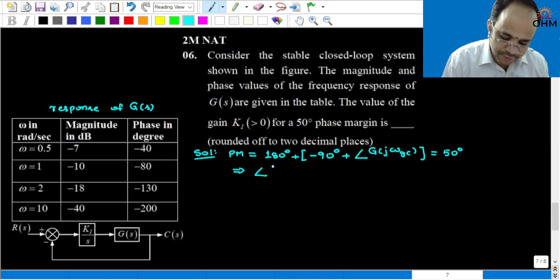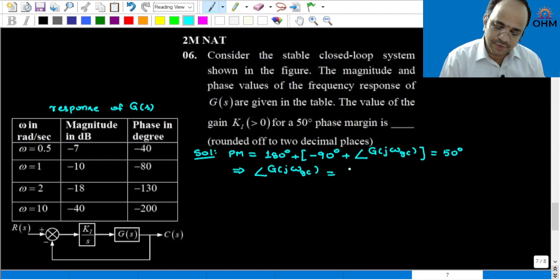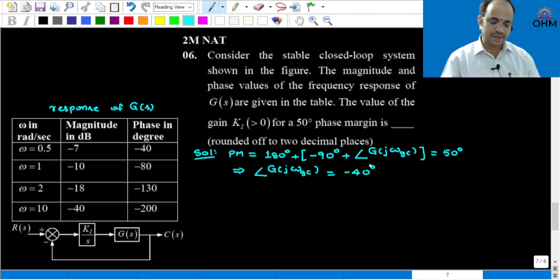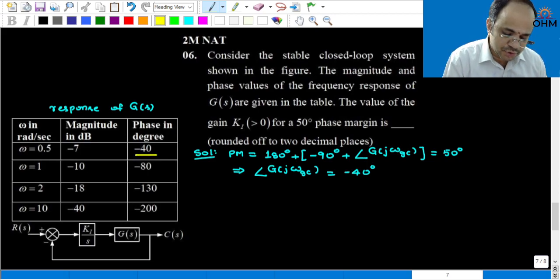Therefore, phase angle of G of j omega GC is equal to minus 40 degrees. Now, if you look into the table, corresponding to minus 40 degrees, the frequency is 0.5